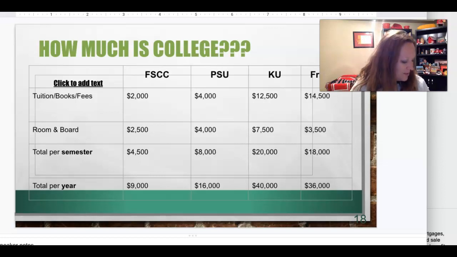Okay, so I am ready for slide number 18 in your yellow folder. If you have that, go ahead and take that out. So the next part is how much is college? And slide 18 has a rough estimate of books, tuition, room and board, total per semester, and total per year. Now, that is a rough estimate, but that way you can compare, and I chose a local community college,